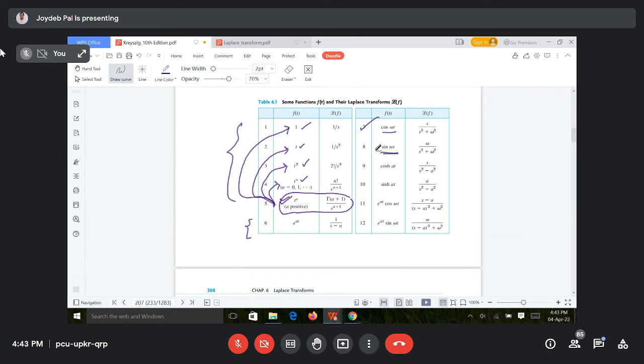So what are the formulas for the Laplace transform of cos omega t or sine omega t? Look, Laplace transform of cos omega t is s by s square plus omega square, and Laplace transform of sine omega t is omega divided by s square plus omega square. So in both cases the denominator is the same, s square plus omega square. In one the numerator has s, in one the numerator has omega. Okay,